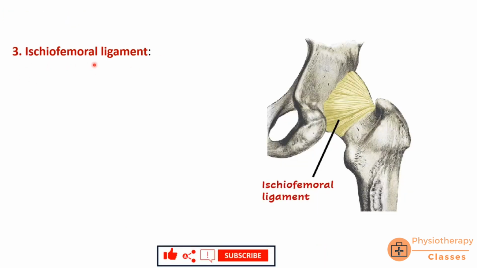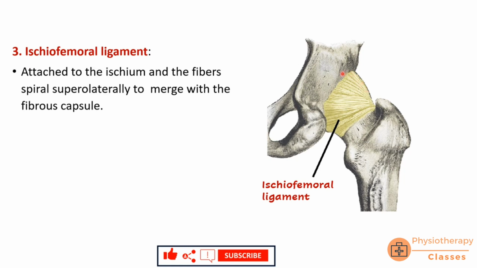Third ligament is ischiofemoral ligament. So as the name suggests, this will be coming from the ischial part of the hip bone. So we have 3 parts of the hip bone: ilium, pubis and ischium, and from each part we have a ligament which is going to the femur and supporting the fibrous capsule from outside. So here you can see this is the posterior view of the hip joint, and this yellow colored ligament is the ischiofemoral ligament here. Now it is attached on the hip bone